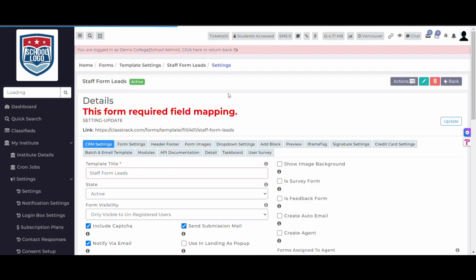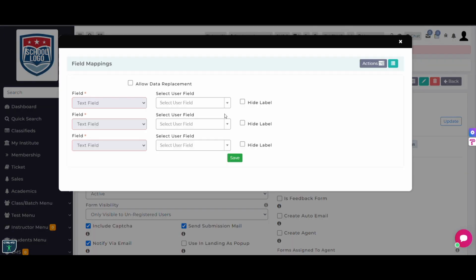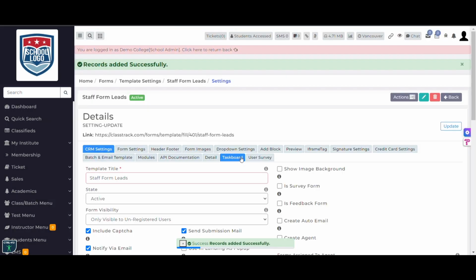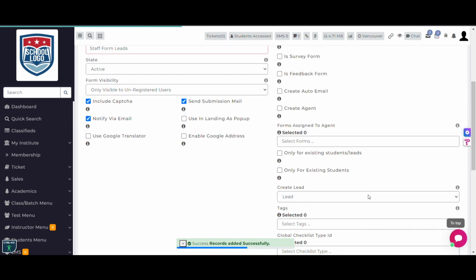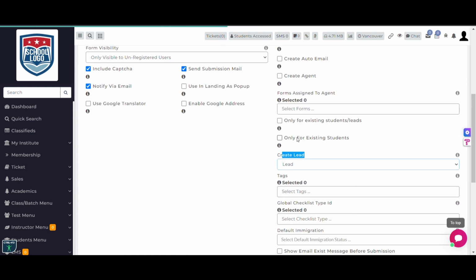We will need to go to the bucket and add field mapping. For that, we will click on Actions and go to Field Mapping. We need to add email, first name and last name for field mapping to create a lead. Now, we will search for staff and add them. Besides, we have another option here, only for existing students. If we want this form to only update data for existing students and not create new leads, we will select